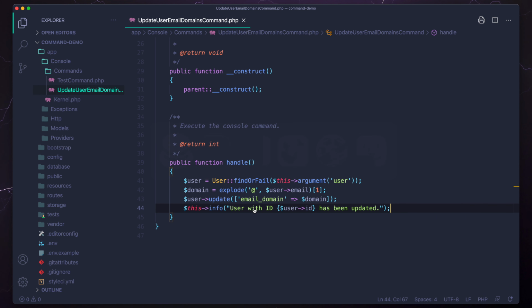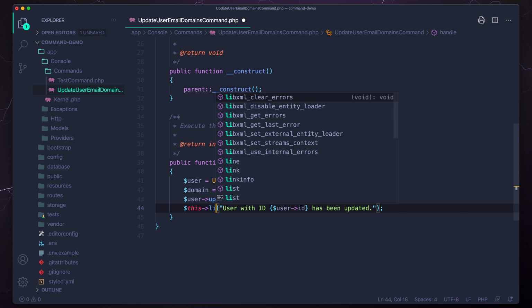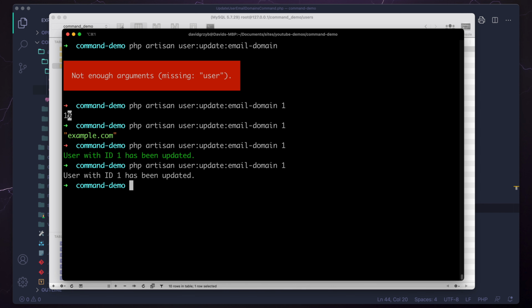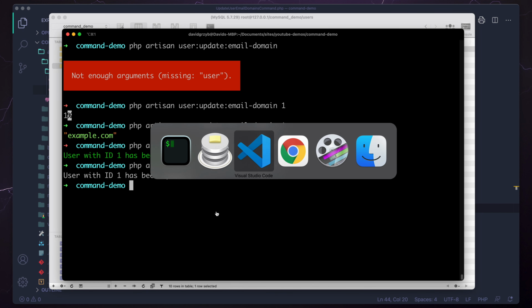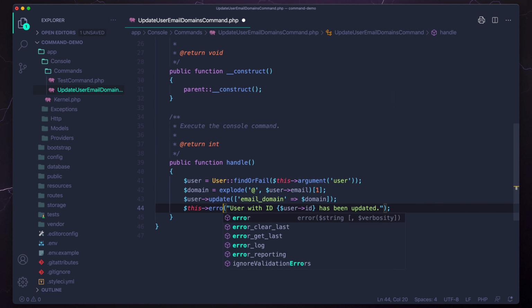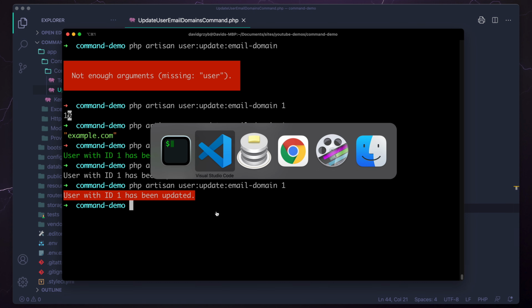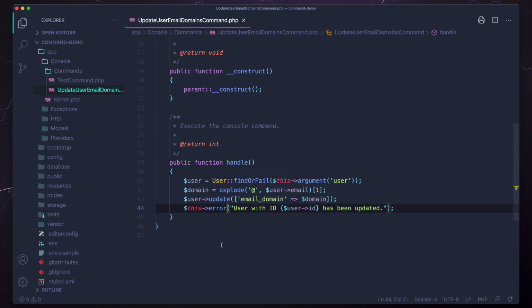And some interesting things to point out is that we could actually put a line. So let's see if that works. And you can see that the text is no longer green. Another really useful one is actually error. And that's nice and red, so it's very obvious that something went wrong. And so we can leave this as info because that'll be the end of this part of the command if